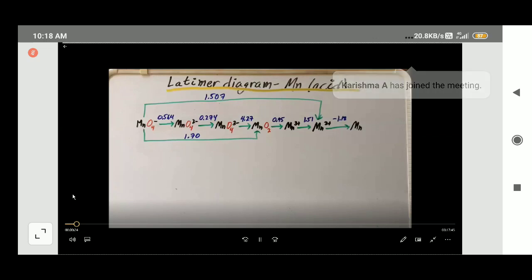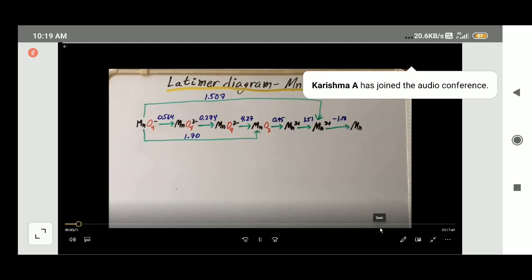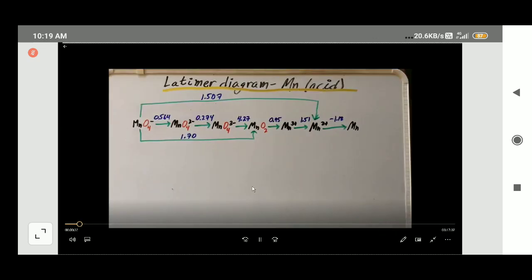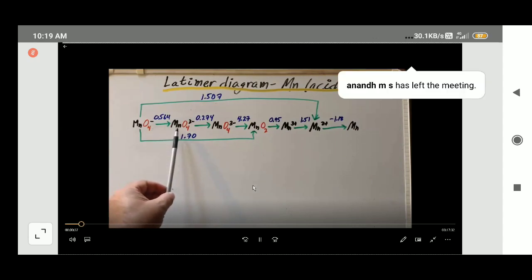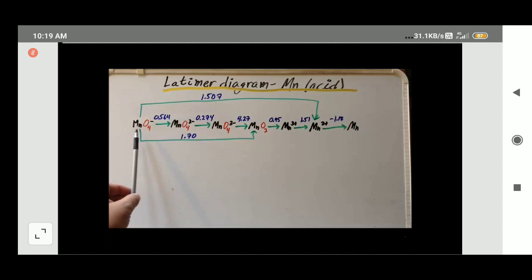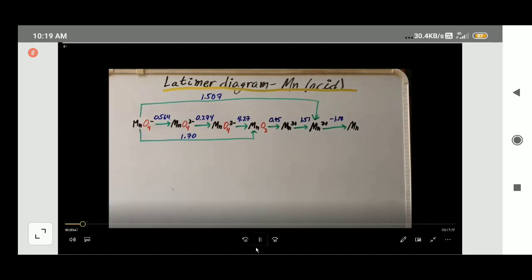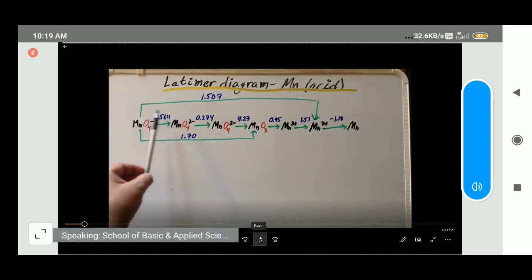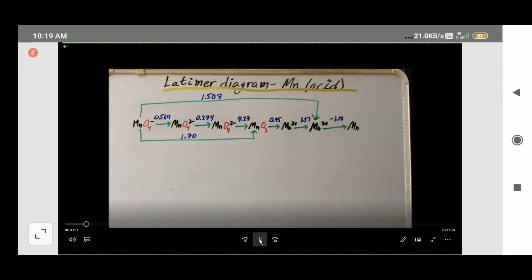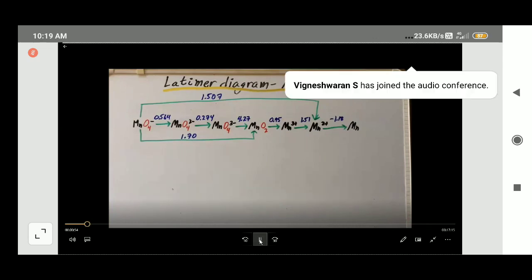Latimer and Frost diagram for manganese in acidic solution. Recall in the Latimer diagram that the species to the right of the arrow is formed by reduction of the species left of the arrow, and the standard EMF for that reduction is listed over the arrow. We can gather some conclusions even by a cursory examination of the Latimer diagram.